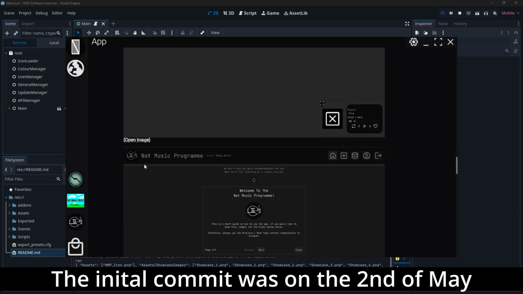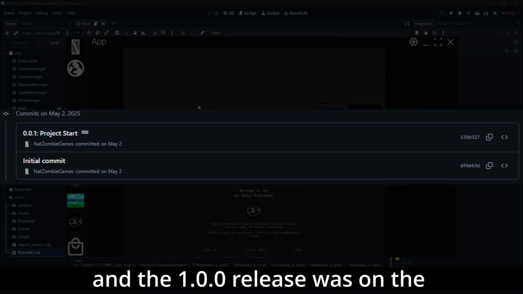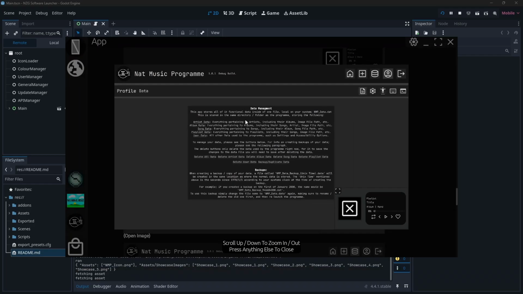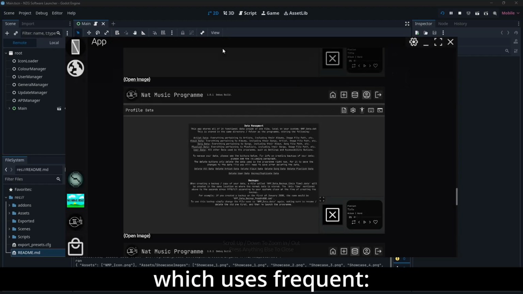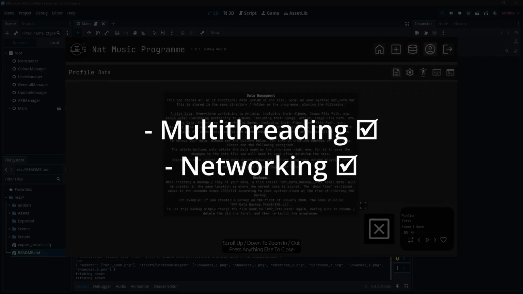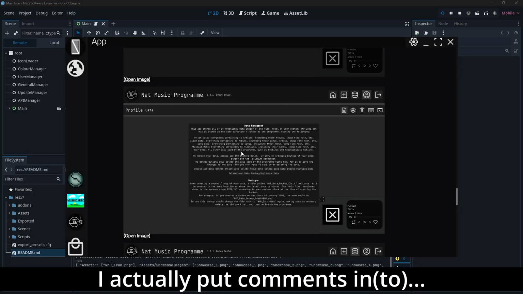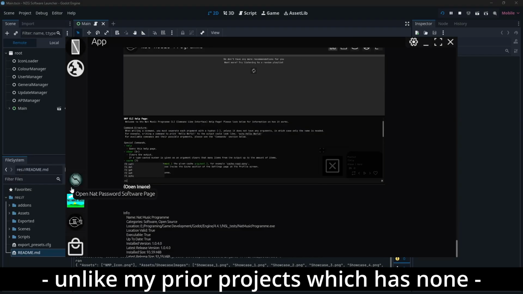The initial commit was on the 2nd of May, and the 1.0.0 release was on the 14th of June, so a little over a month from start to finish. In the time I've managed to create software which uses frequent multi-threading, networking, and multi-threaded networking, which are all new to me. I actually put comments in most of the code, unlike my prior projects which had none, and managed